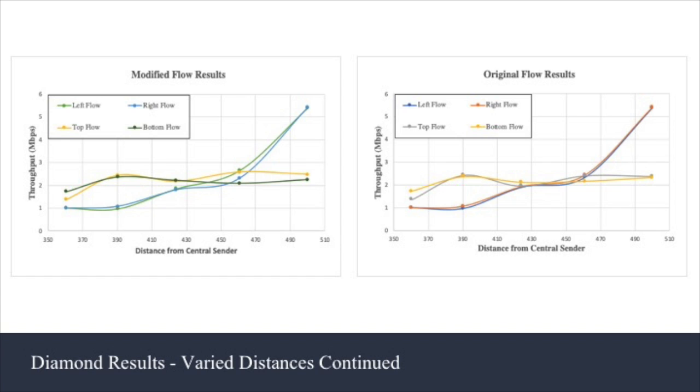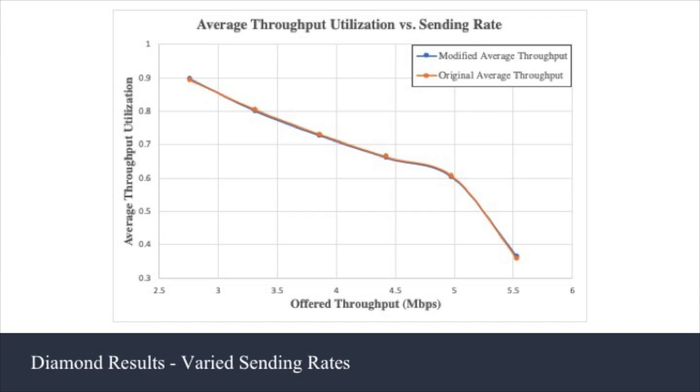And once again, if you think of those thresholds previously defined where we exceed that original performance, you can start to formulate certain areas where our protocol might actually be preferable to the original. Now we want to look at how our modified protocol performs compared to the original protocol in terms of varied sending rates. Once again, you can see that we pretty much match the original protocol in terms of observed throughput,